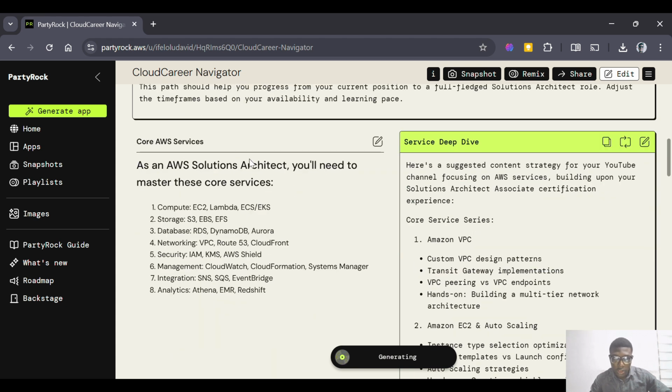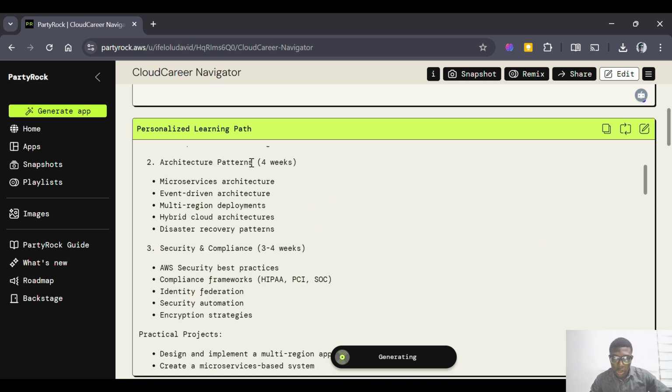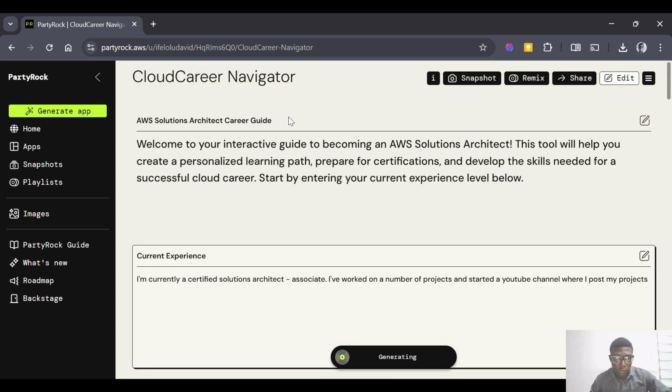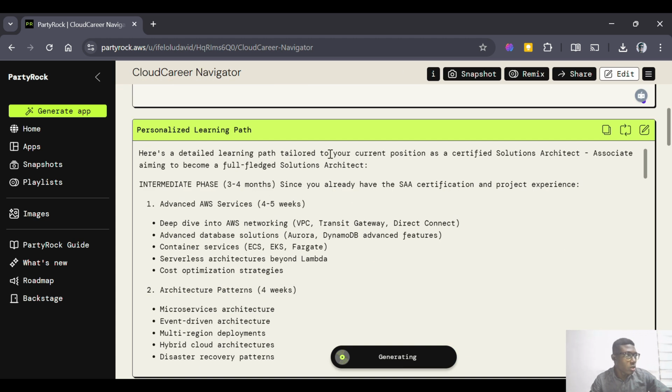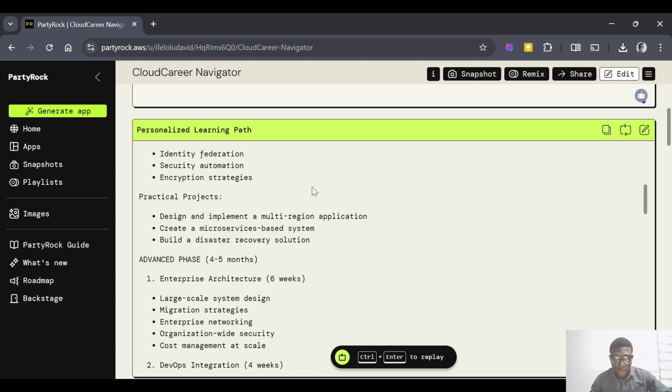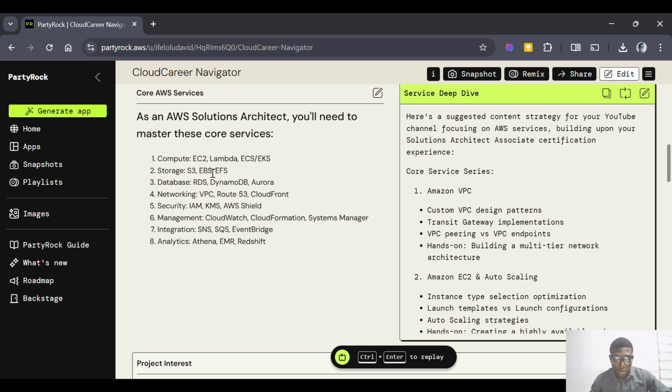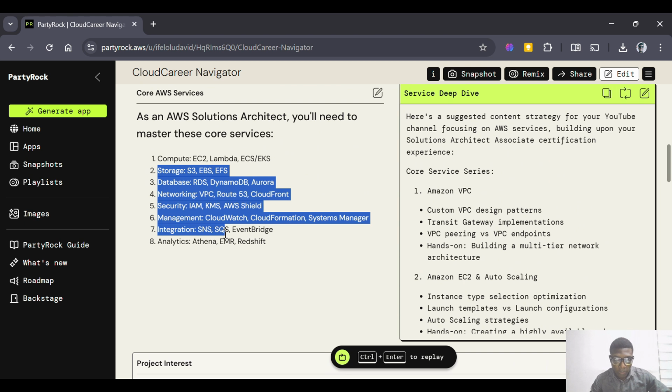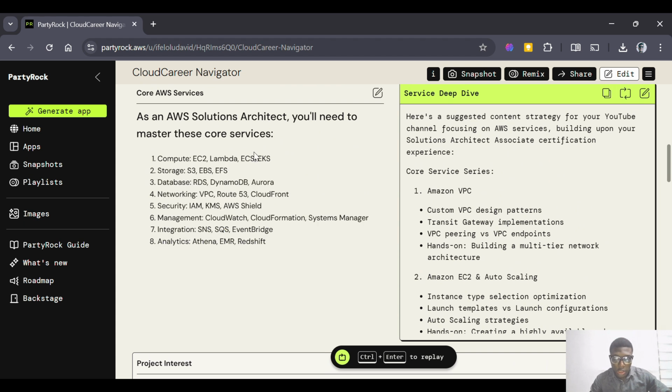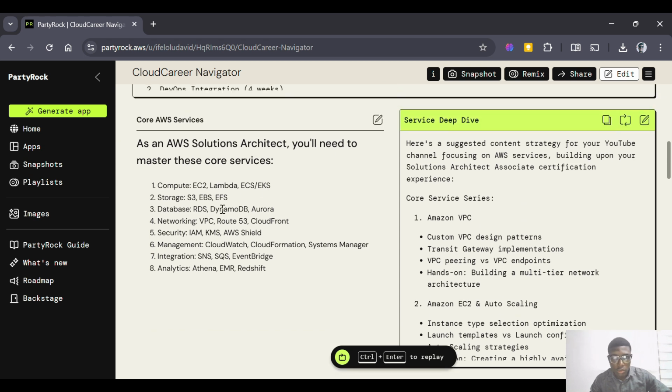Core AWS services, yeah, this was part of what we listed as part of the app. So we said we need key AWS services every solutions architect should master. I think that's what it listed here. So right now you can just look at them and see which one you have, which one you need more